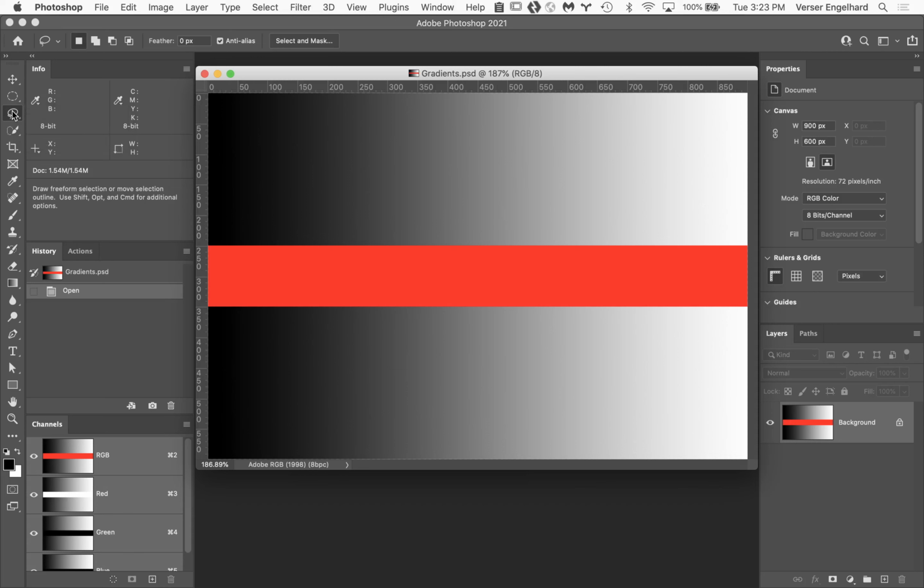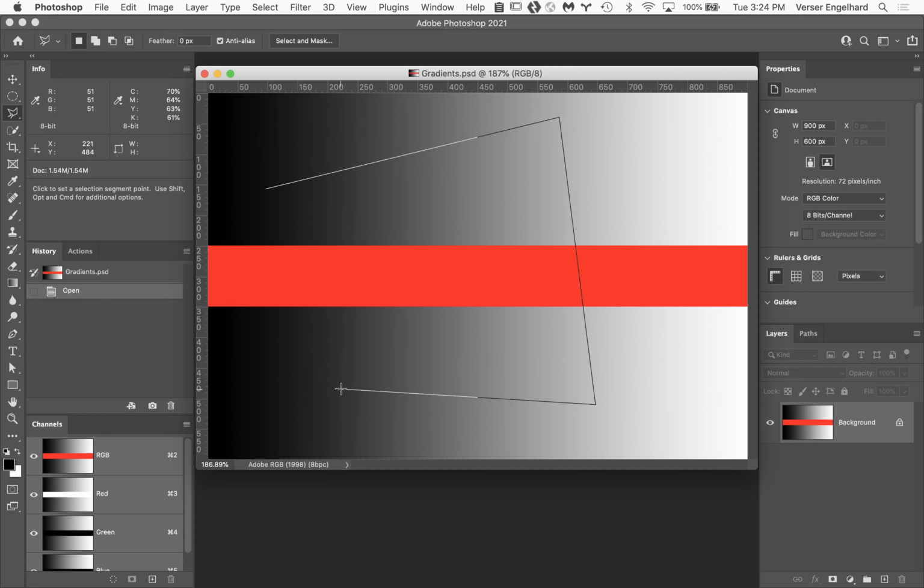So go back to the lasso tool, come down to the middle one, the polygonal lasso tool, and say OK to that. The polygonal lasso tool is really designed to do straight lines. So if you click once and simply let go of your mouse and move to a different part of your image, you'll see there's a straight line that connects it. Click again. It'll actually put down another point. Come down to the bottom, click again,